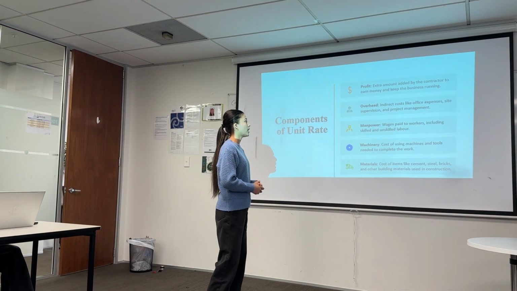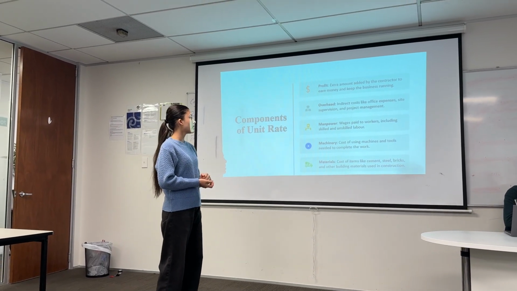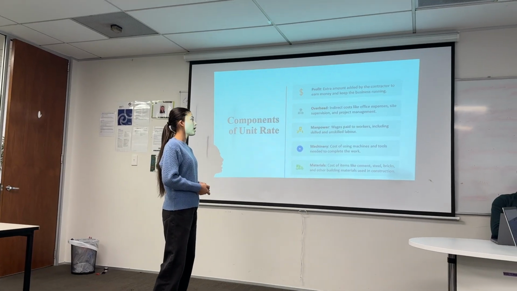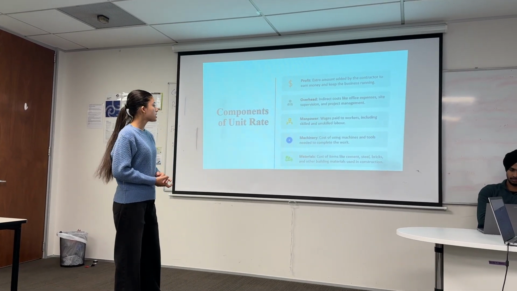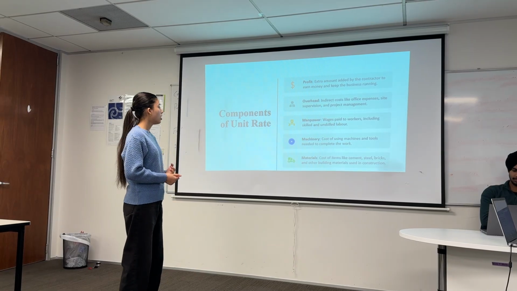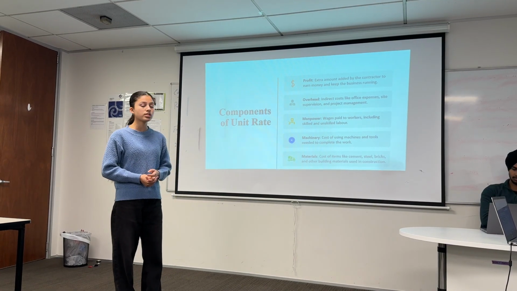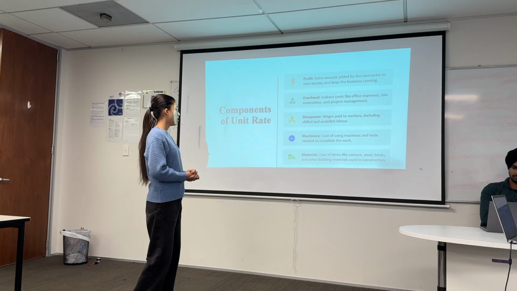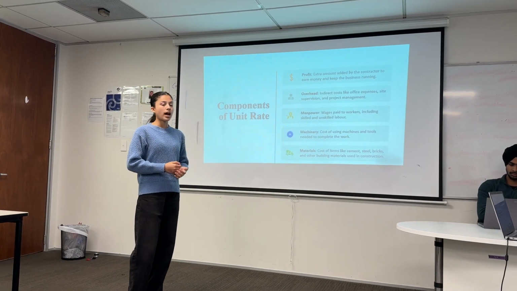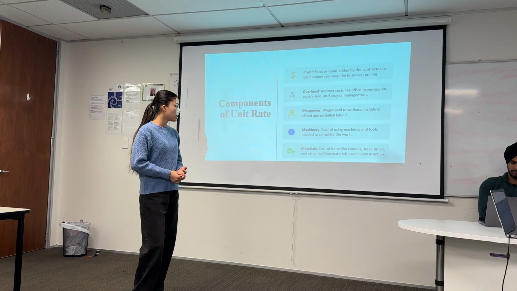Second one is overhead, indirect cost like office expenses, site supervisions, and project management. Third one is manpower, wages paid to workers including skilled and unskilled workers. Machinery, cost of using machines and tools needed to complete work. And the last one is materials, cost of items like cement, steel, bricks, and other building materials used in